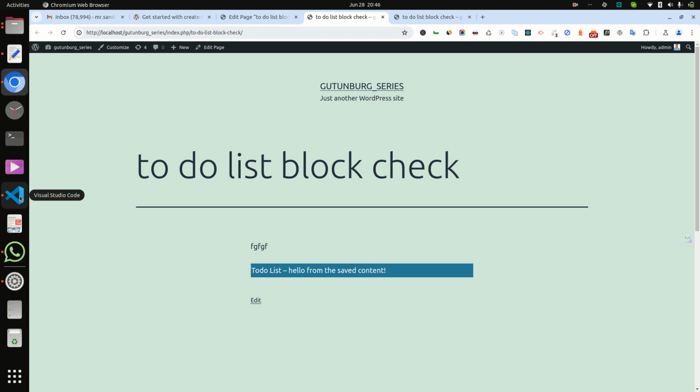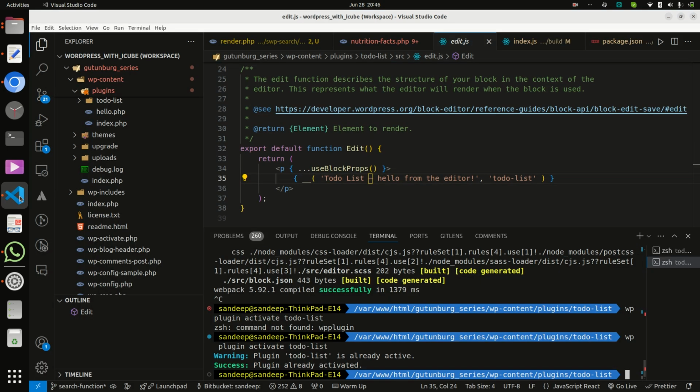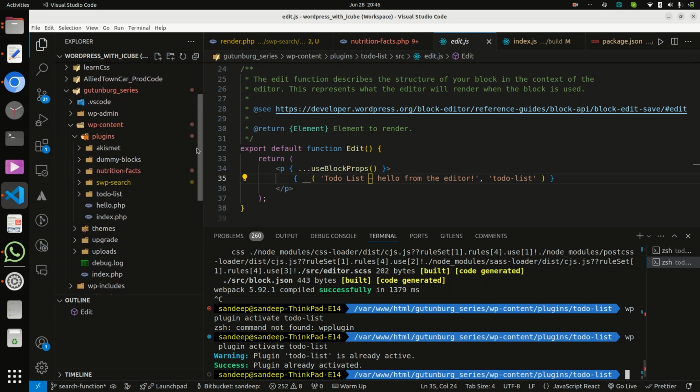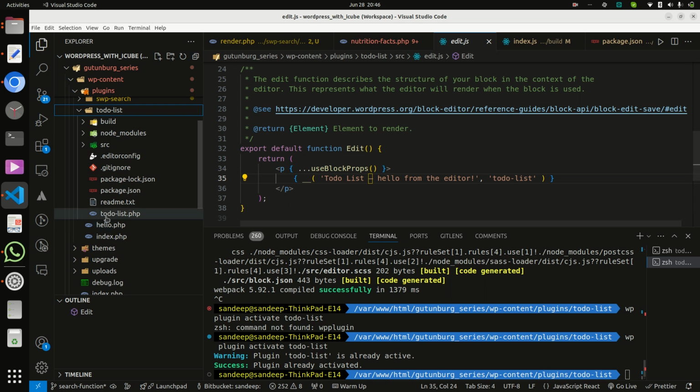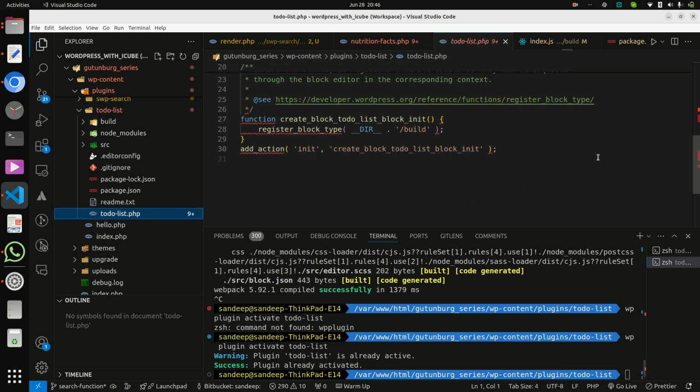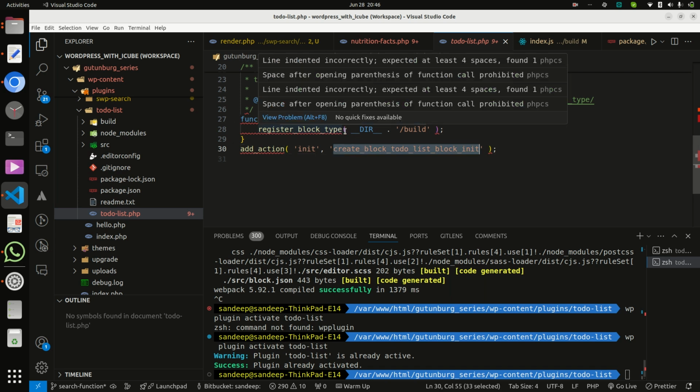So now let's check the file structure for this block. The main core file is todo-list.php. Here register_block_type is the main function, on the init action, with a callback, and inside the callback register_block_type is there.